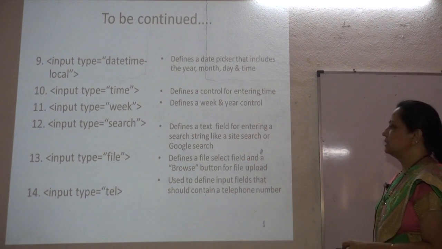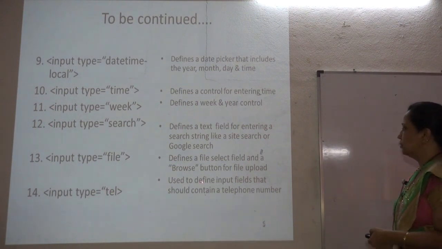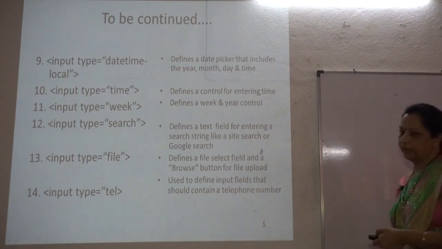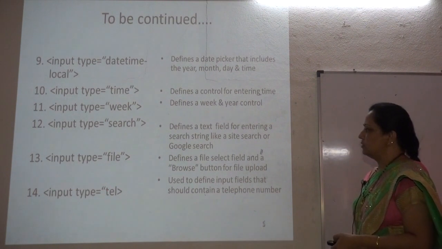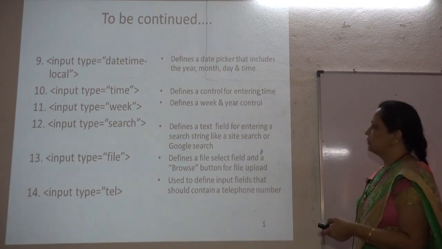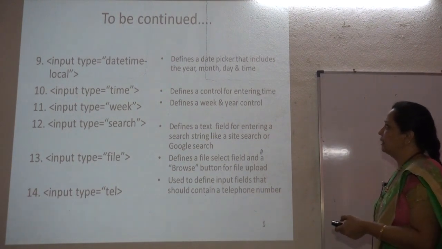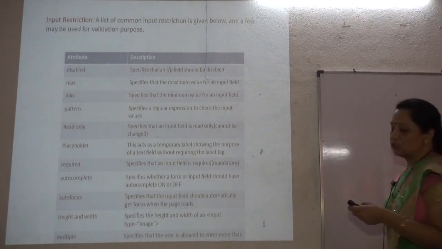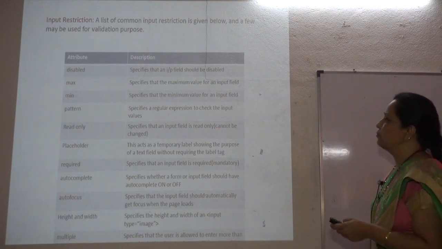And the last type is input type is equal to tel. This is used to define input fields that should contain a telephone number. Nowadays we are not even using telephone numbers, so it may have some mobile numbers. So all these are the types of input fields. Okay. So the next point is input restriction. What restrictions are given to these inputs are